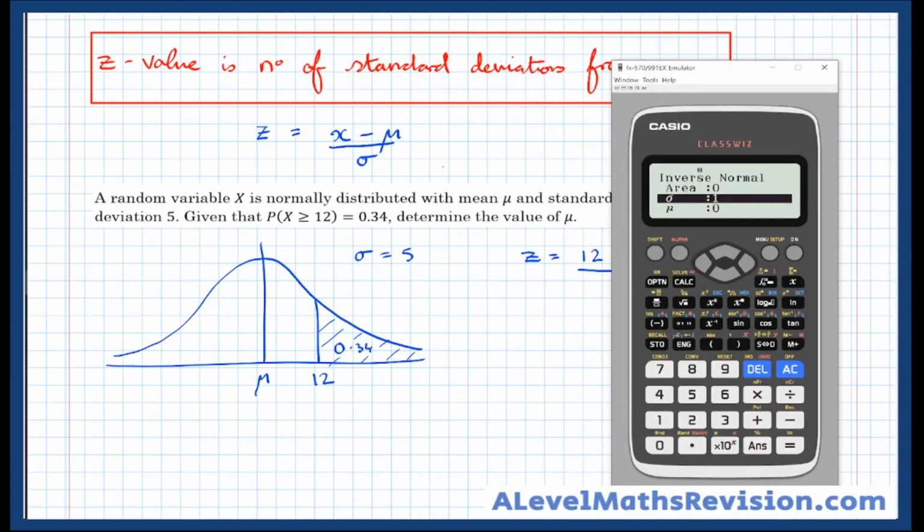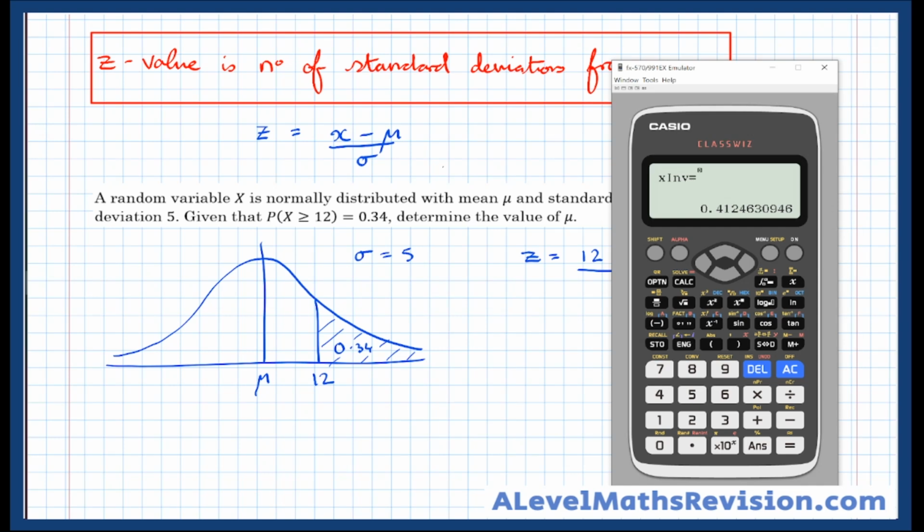Now remember, the calculator takes area to the left. And here we're given the area to the right. So what we want to do is 1 minus 0.34, like that, to give us 0.66. Right, now this mode here is going to spit out for us the z value when I press equals. So the z value there is